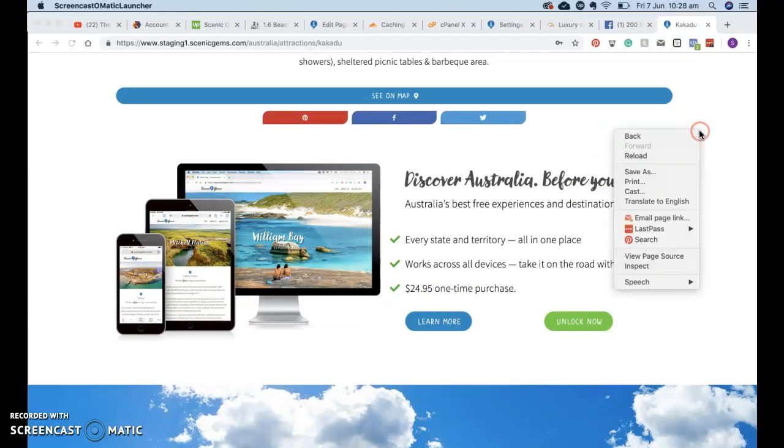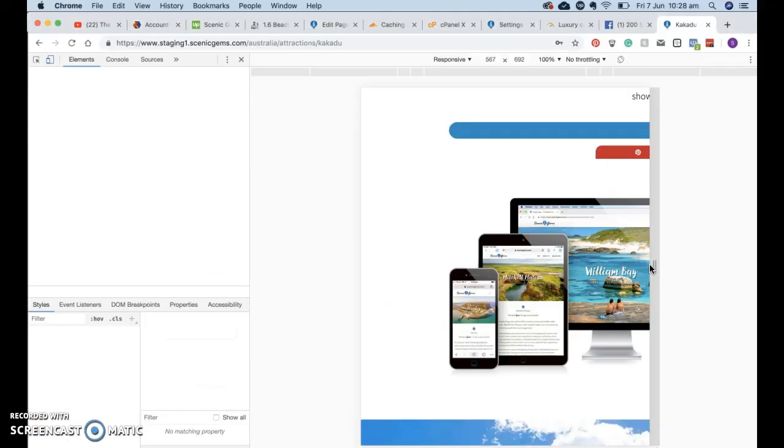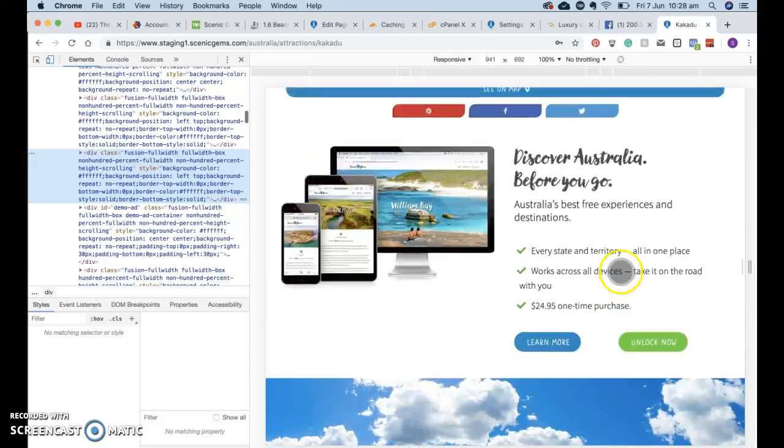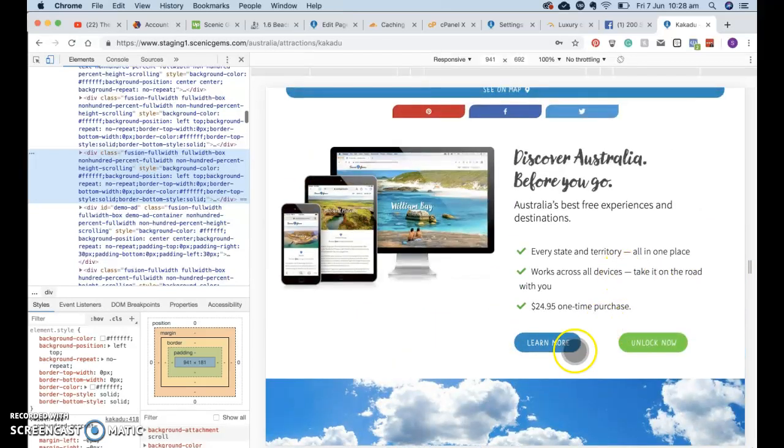Should I go to responsive design mode? Okay, I'll open it up. Okay, so